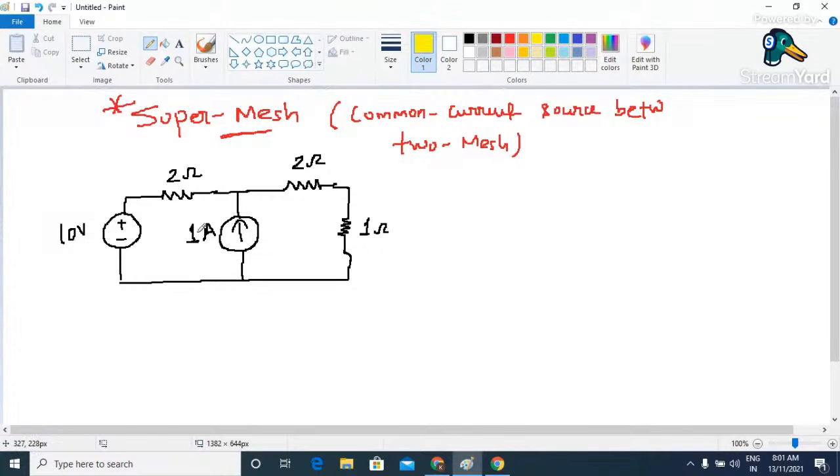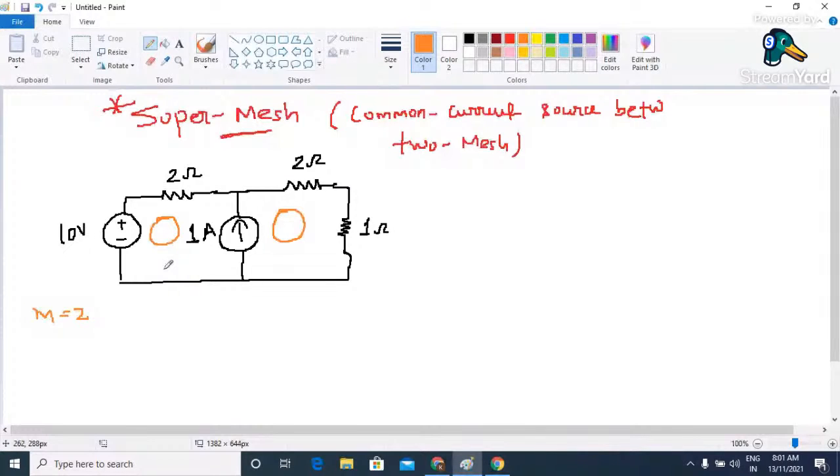Because in this case we have a total of two meshes. For example, if you apply that logic, if you want to calculate how many meshes there are, m is going to be 2. Why 2? Because here we have two closed paths which cannot be further divided into sub closed paths. This one will be your first closed path, and this one will be your second closed path. You may take this entire term as a closed path, but this is not considered to be a mesh because